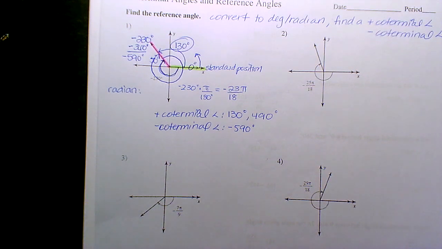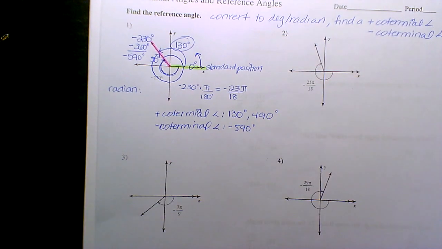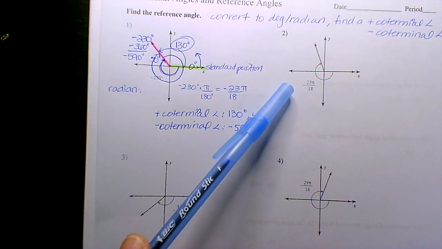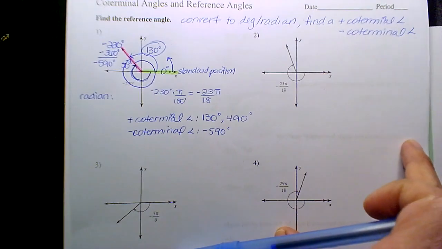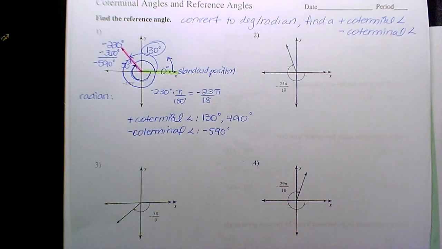Okay, try the second one and then let me shut the video off, and then I'll do the second one. This one's in pi though. It's in radians, so we'll work with that. But if you ever think it's kind of difficult, convert it to degrees if your brain works better that way. Usually it kind of helps. Find the degree coterminals, and then you can convert them right back to